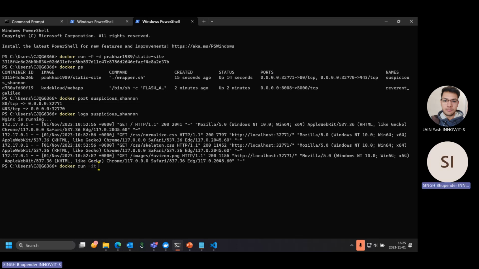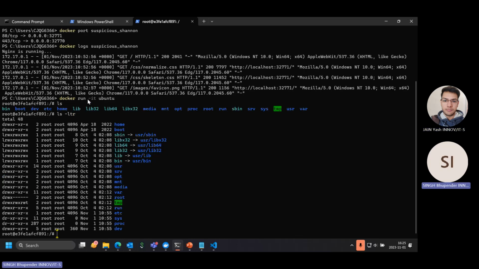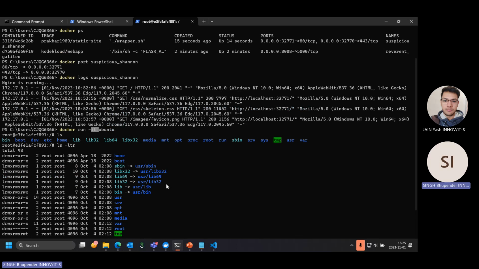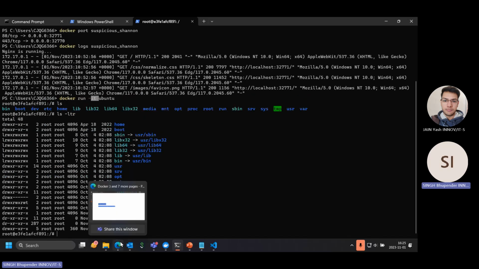Can you show me the command, the terminal of that application that you're running right now? Yes. We have to close this container and restart it. Then we have to run using this dash it. For example, now I have made a container using an Ubuntu image, and now I am inside that Ubuntu container. And if I run all the Linux commands, they will run, ls, ls -ltr. Similarly, we can provide this command for that also, and we can see everything, the config files, and edit them using whatever we want.